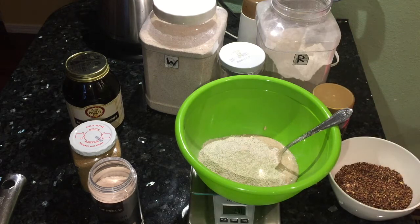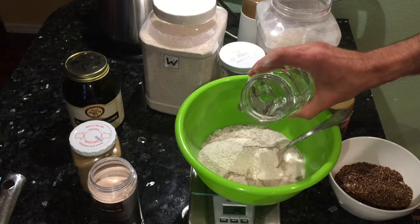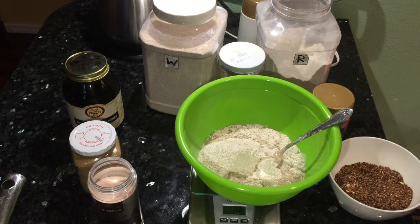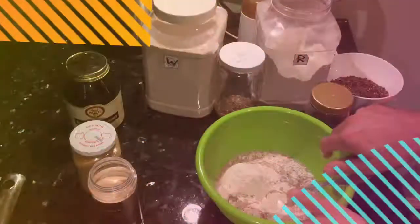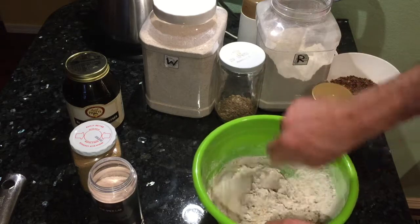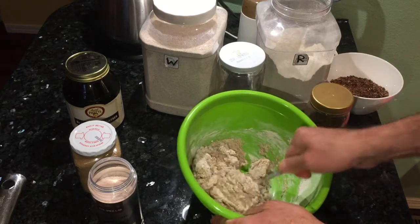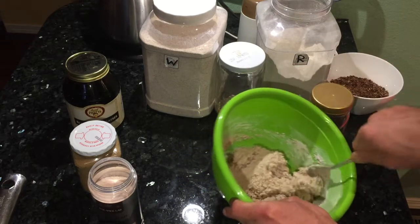The water is a little bit warm to make sure that it starts really well. Here's water, 100 grams. Now I have to mix it really well. So we mix it really well to make sure that all the flour is mixed in, and you can see the consistency. The spoon holds it. So we mix it,